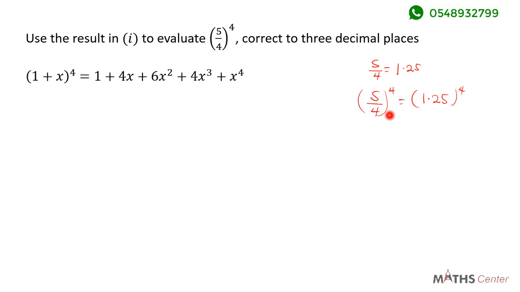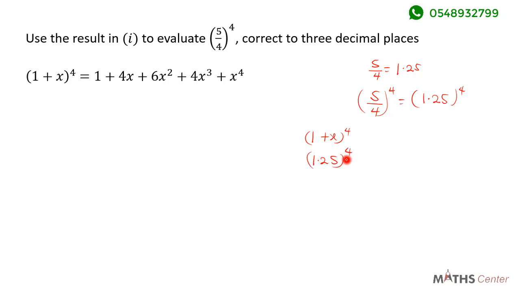So what we have to do here is write 1.25 exponent 4 in the same form as 1 plus x exponent 4. Now the easiest way to do that is to compare them. So we are going to compare 1 plus x exponent 4 to